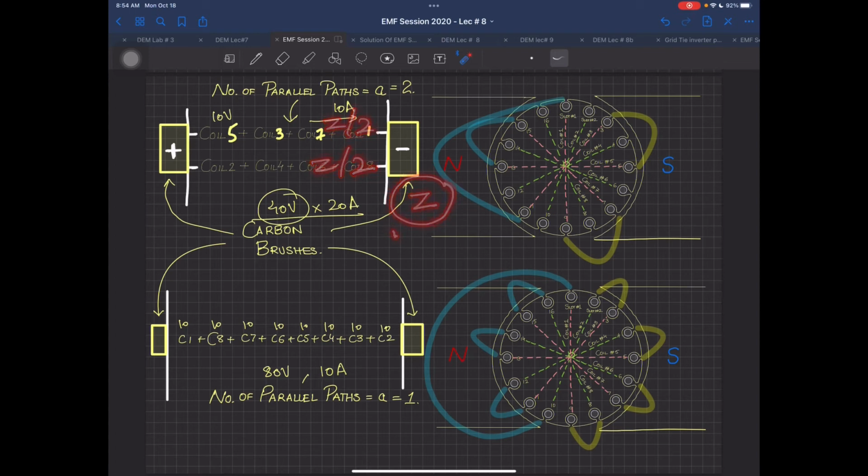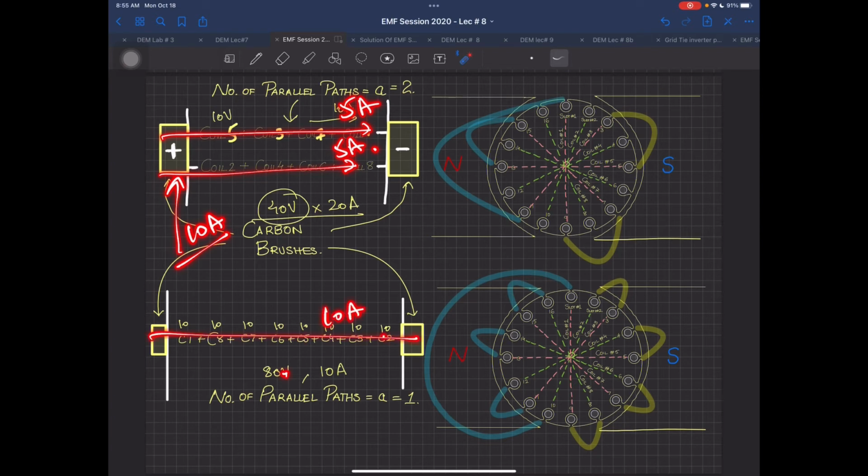No. Why? Because this will be having a torque. This will also be having a torque. All these 4, or in fact all these 8 coils, are going to have a torque produced. The only thing changing is that all of these coils or conductors do not have the same value of current flowing through them. Why? In this machine, if I had 10 ampere current flowing inside, 5 ampere will flow over here, 5 ampere over here. If it was a simple single path, then yes, there would be 10 ampere current flowing.